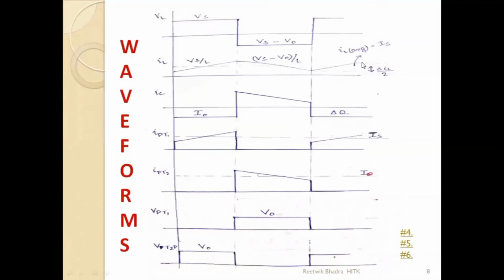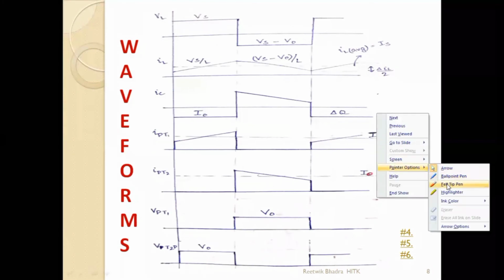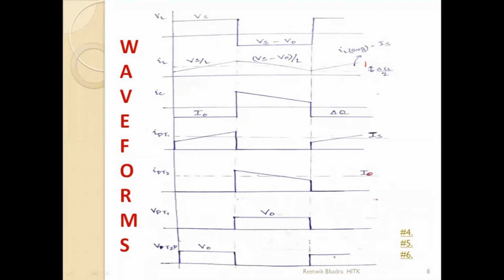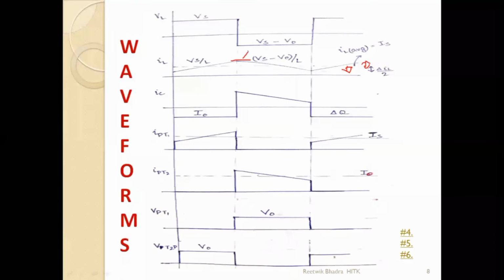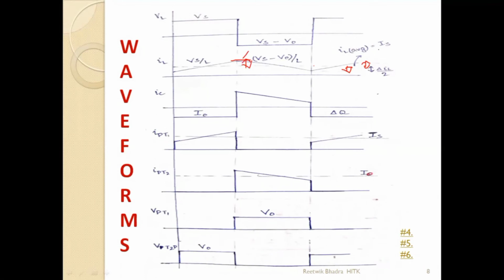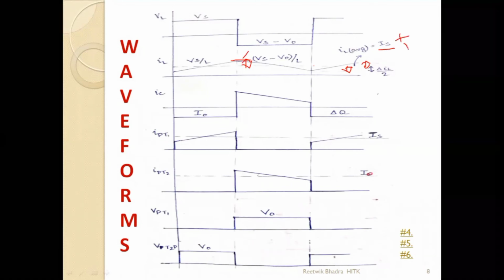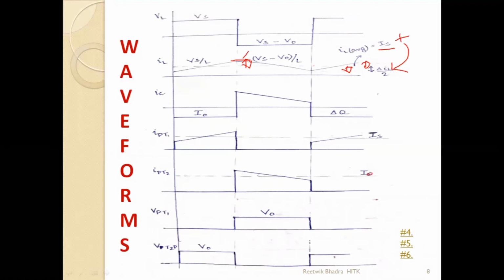Achha, from this point to this peak point, since this IL is the average, it separates this curve into two equal halves. So this peak point is del IL by 2. This lower peak point, from this center point to this lower peak point, is del IL by 2. Okay. So what is the maximum value of inductor current? Can I say from here, IL average, this center line, plus this peak point, means this gap, like last day we had derived. So this average current is IS. Plus, if I write this term, del IL by 2, can I get IL maximum?